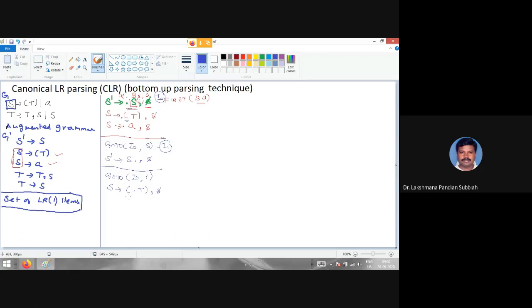Now after that, we have the non-terminal T, so we have to expand it. For T we have two alternatives: T derives T comma S, and T derives S.